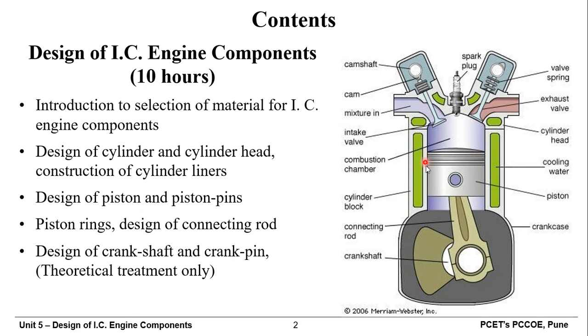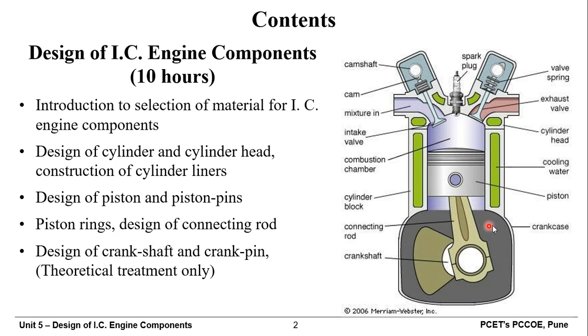So inside the cylinder you can see there is a piston, and that has reciprocating motion, and with the help of this piston pin, the piston is connected to the connecting rod or connecting shaft. Connecting rod it is often called as. Then piston rings are there. So here at the top of the piston you can see the piston rings and its application, why it is placed. All the contents will be discussed, and how the number of piston rings are selected for a given internal combustion engine or for a given piston will be discussed.